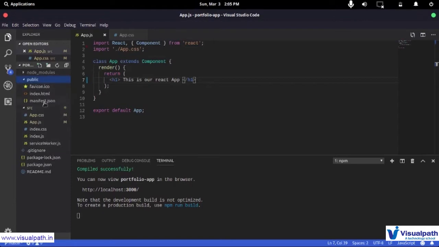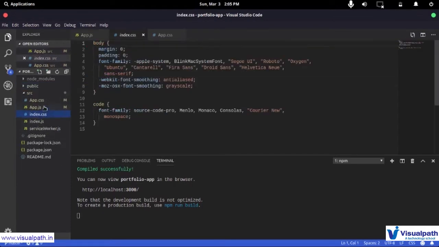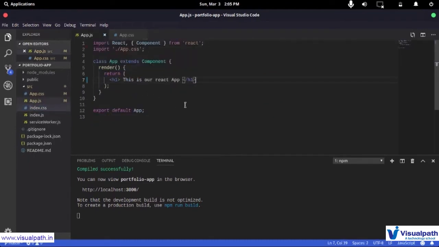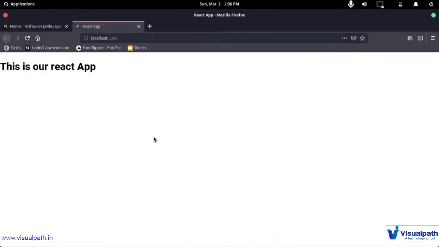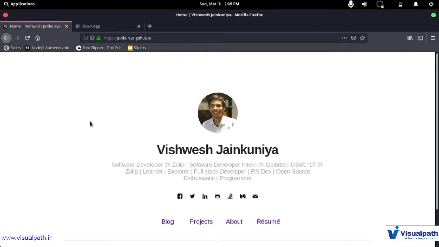Now you see there are 3 files here that we are concerned with, and this looks similar to that. Now I'm keeping index.css as it is because it's just a minimal setup, and it just allows you to create dynamic apps. So I'm going to keep that CSS because it's not going to concern me that much. Now if I save this, you can already see my app is running, and if I go back, I just see a plain white page and this heading. Now let's go back to Vishwesh's portfolio and see what 2 things we want to create in the coming 2 lectures. So one thing that I want to create first is this component.